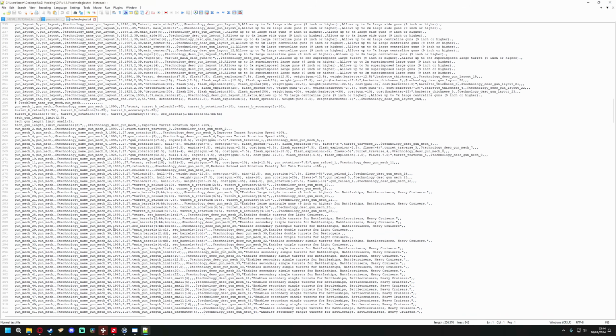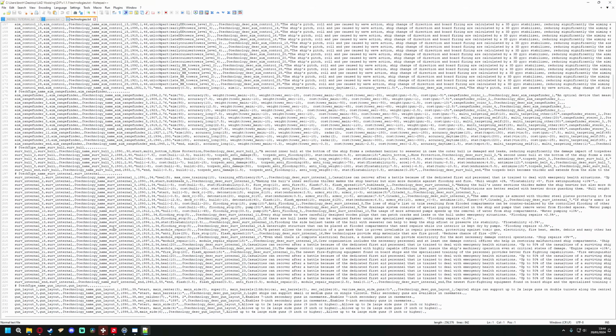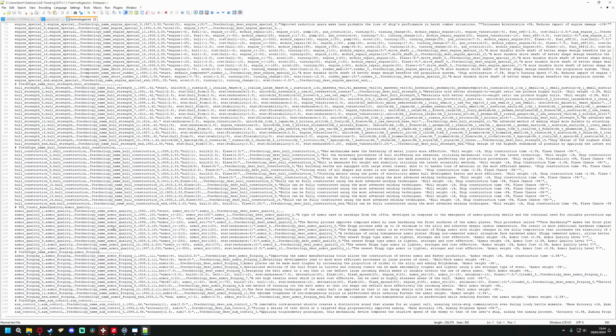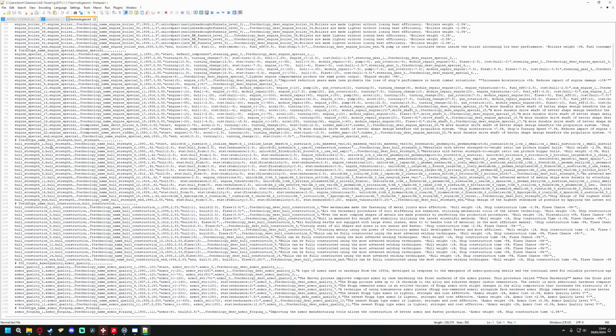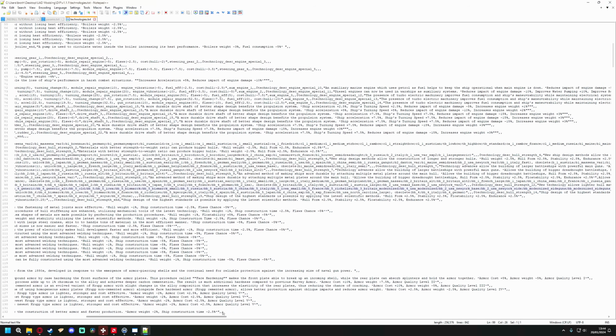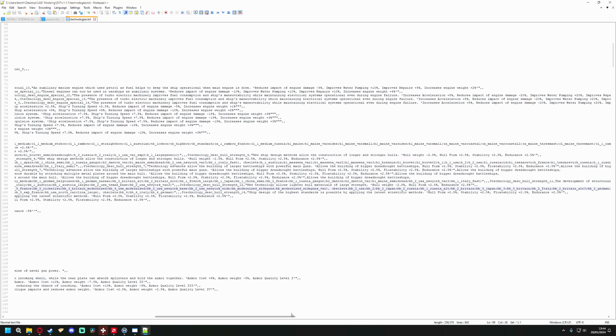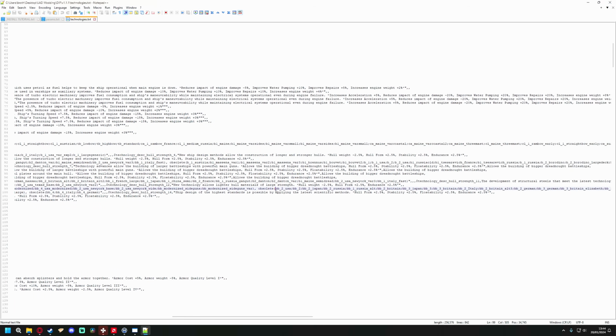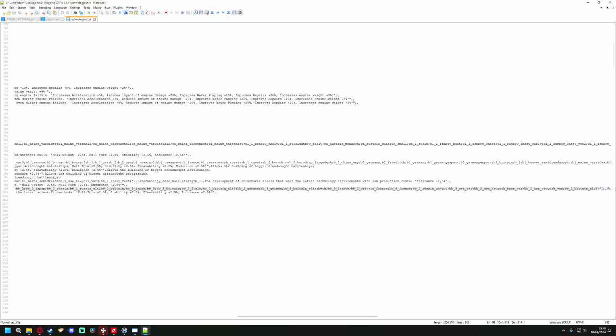somewhere there should be gun layout, hull construction, hull construction and hull strength. This is the one we want. This is the battleship hulls. And if we take, say, this one, you can see here it says unlock, and then you have a list of the hulls that are unlocked. And then here, this is a list of all the hulls that this tech makes obsolete, and it's a big